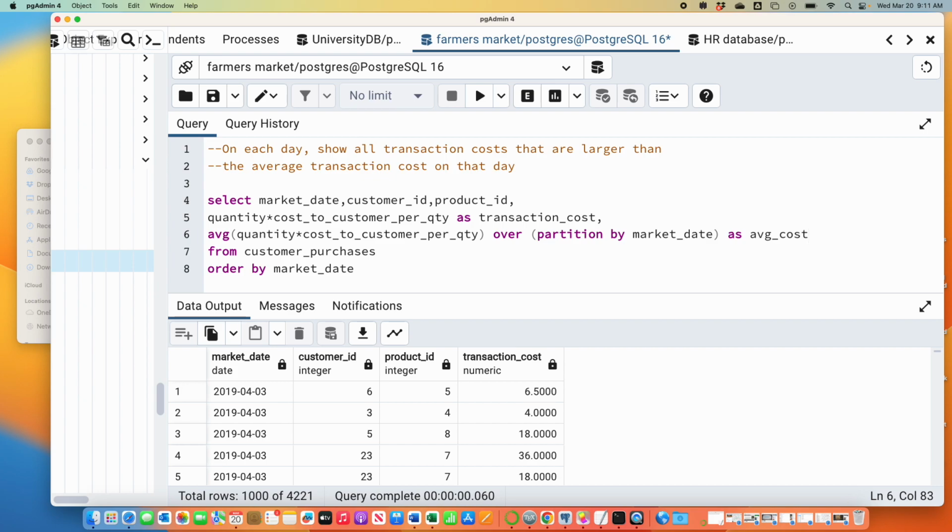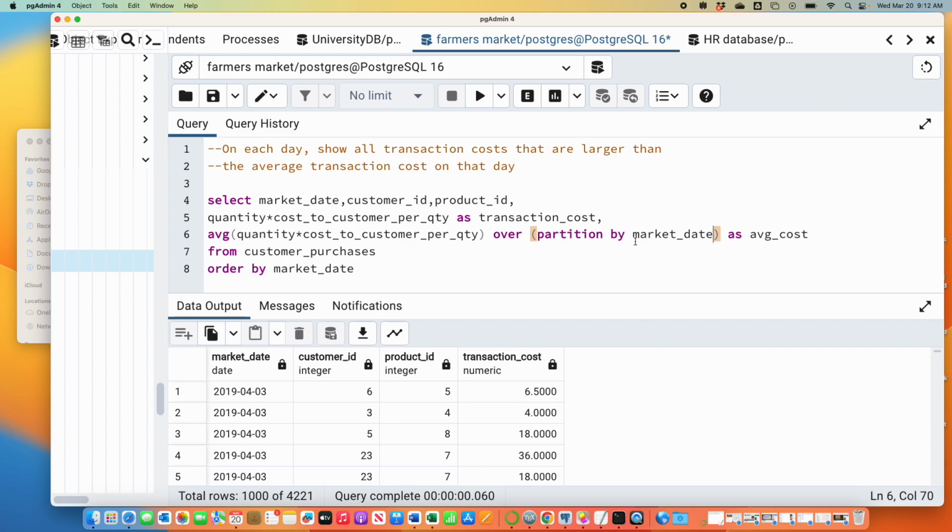Okay. So there's a new query that we haven't seen before. Before I run it, I'll have it typed, and then we'll talk about what it's doing. You recognize this over partition by from last time? Last time we had an order by here also with all of our queries. Notice that's missing now, so you don't have to have that. In this case, it's not clear why you'd even want some sort of ordering within partitions, because all you want to do is go to each day and take an average of the transaction cost. That's what this is doing.